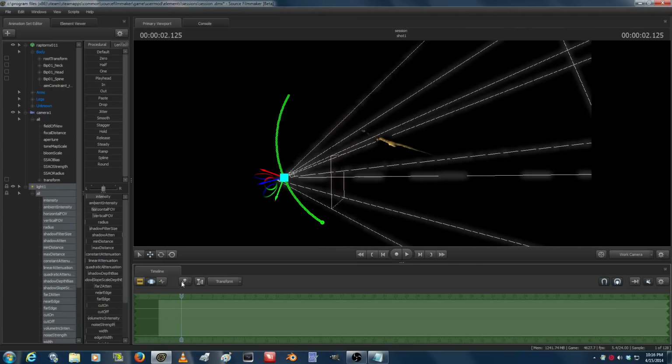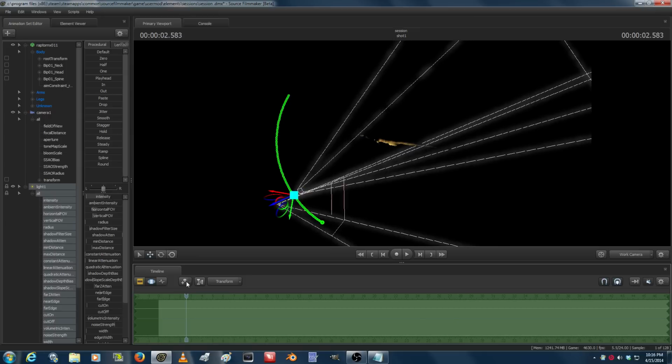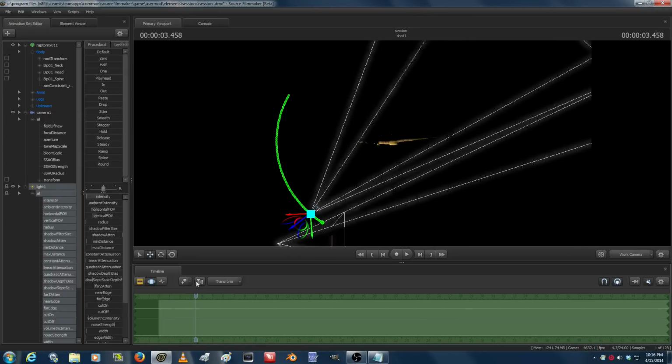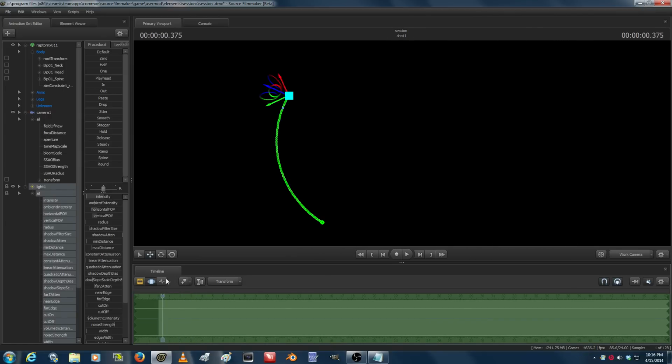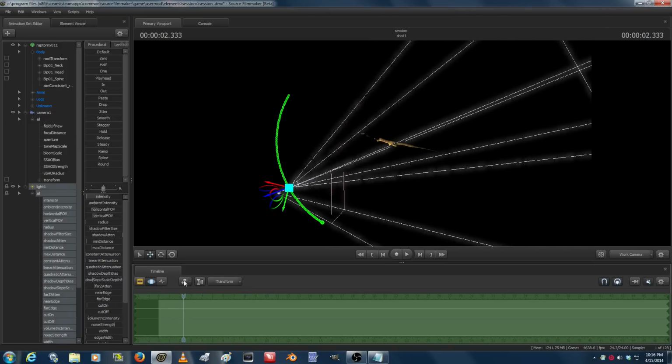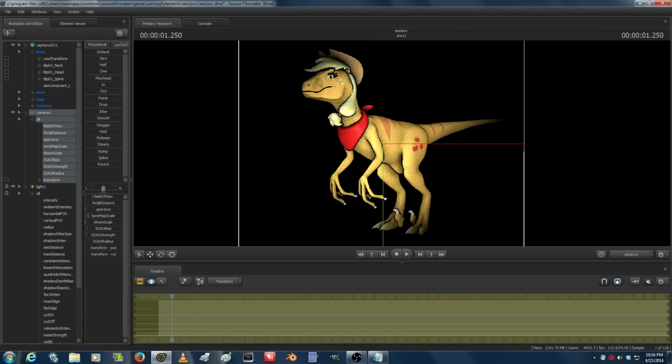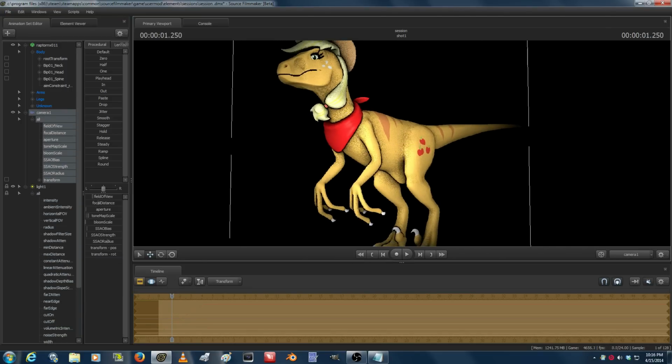And since the light is attached to that bone or that model, the light itself is rotating with it. So you're keeping a consistent level of light, and it's the same if I go closer,